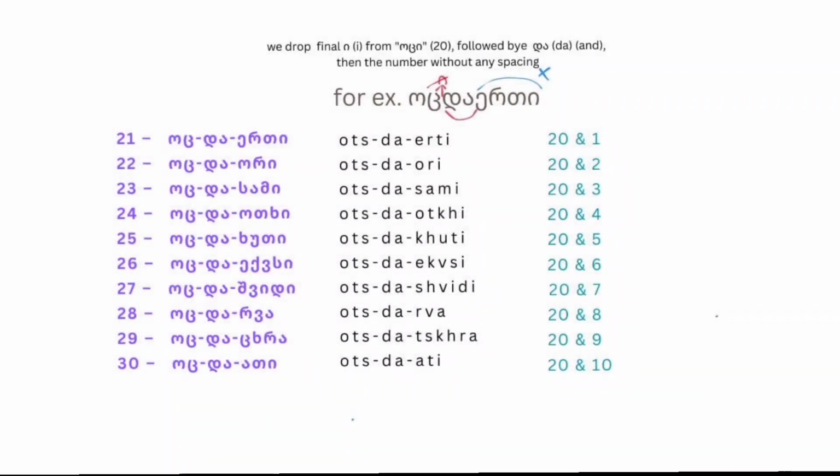To make numbers from 20 to 30, what we do is that we say 20 and number, like 20 and 1, 20 and 2, 20 and 4. We do this by dropping the final e from otsi. So we don't say otsi, we say ots, and we say da, and then we say the number. For example, 21,